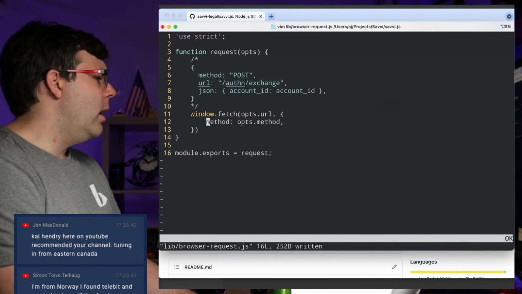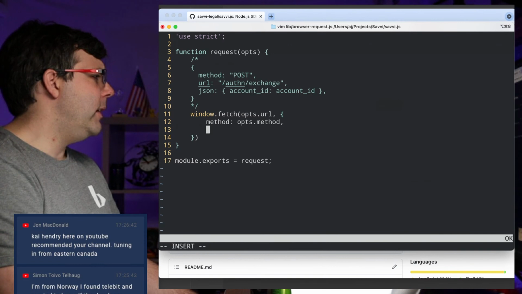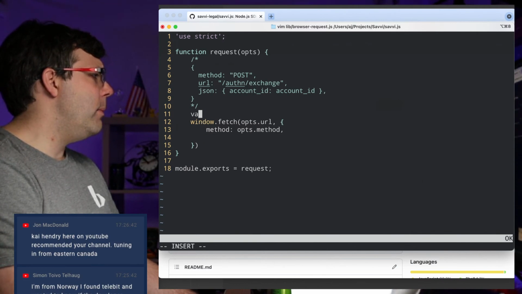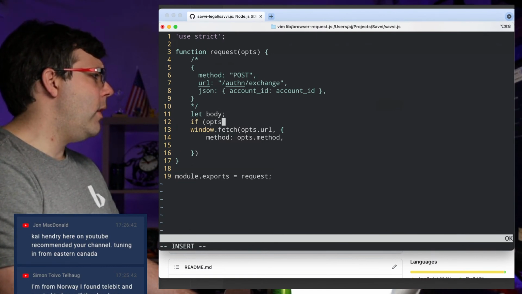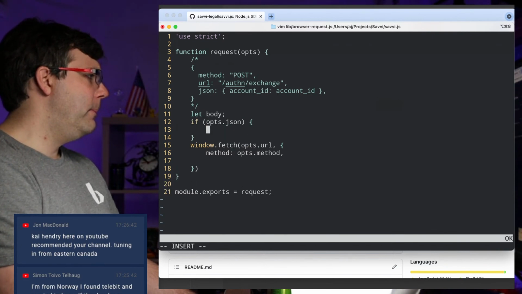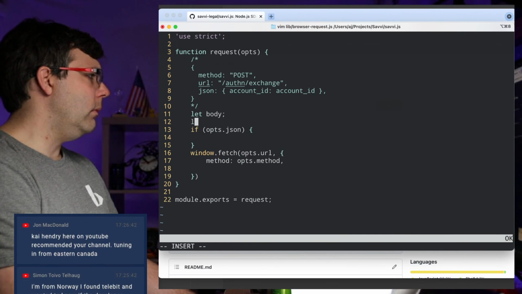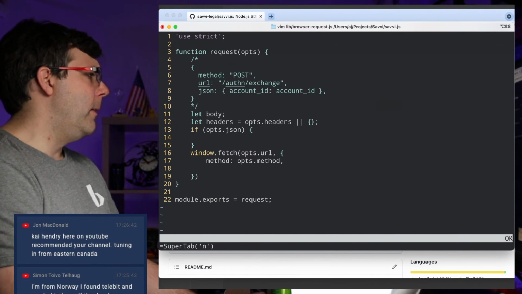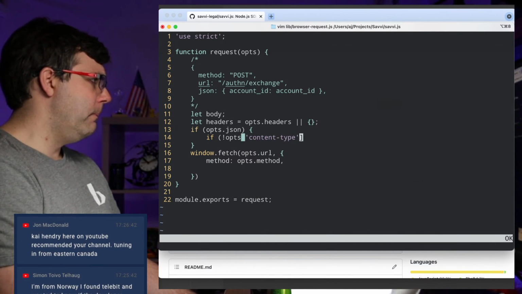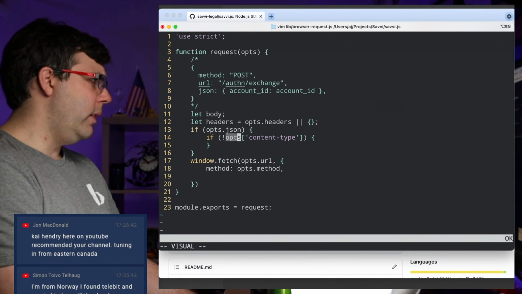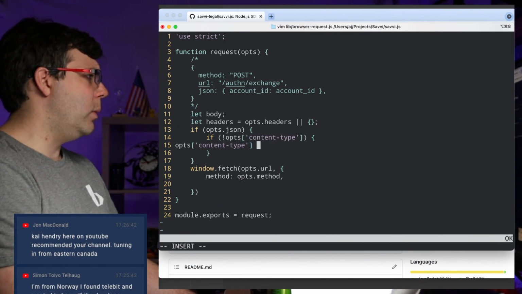We're going to have the method, and I'm trying to remember if I needed to set any other special options. If I remember correctly, we could use let here. Body is equal to, so we got body, if ops.json, then, let's see, we need headers too. Headers should be ops.headers or this. And then we would say if not ops.content-type, then content type will be equal to